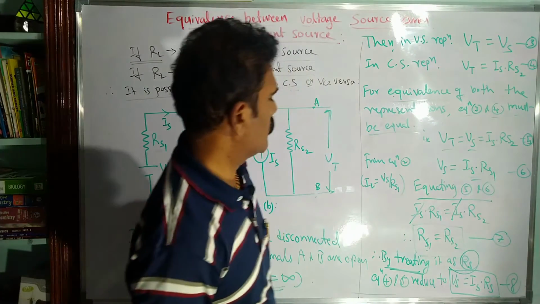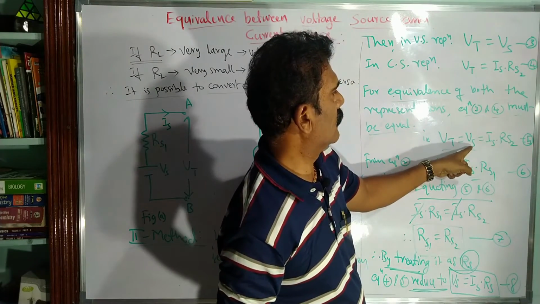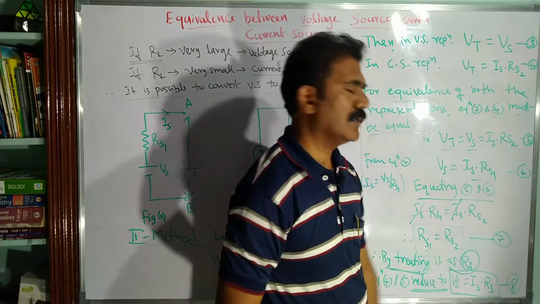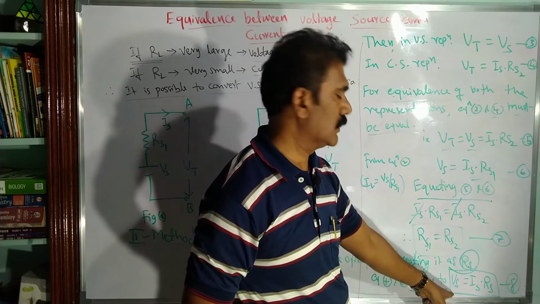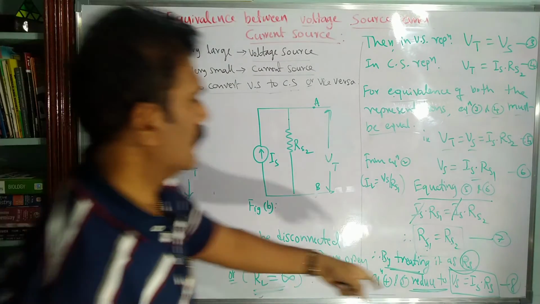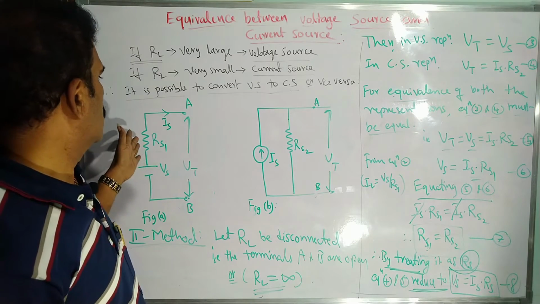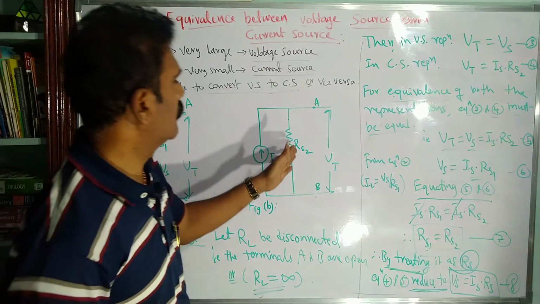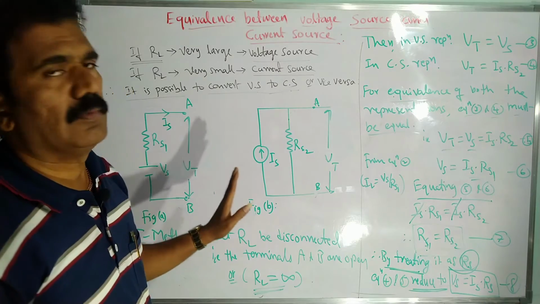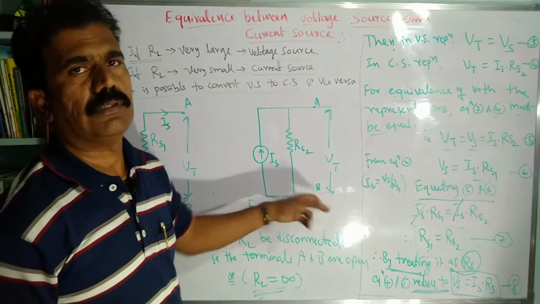reduce to Vs is equal to Is into Rs only, no need to write Rs2 here. You can calculate the source voltage by knowing the source current. So that is equal to the product of Is into Rs. So no need to write separately that internal resistance is connected in series for voltage source or parallel in current source, etc. In both the cases, just take it as internal resistance, then the voltage drop will be the same, with the condition that the terminals A and B are open in this method.